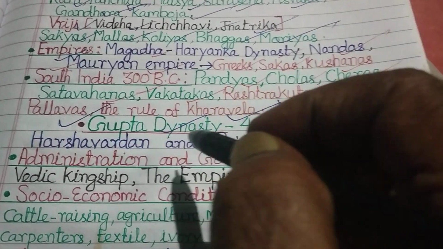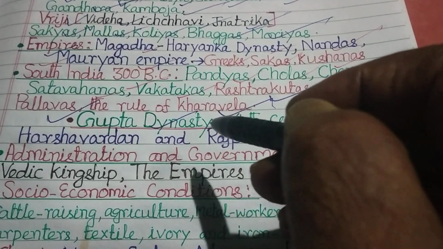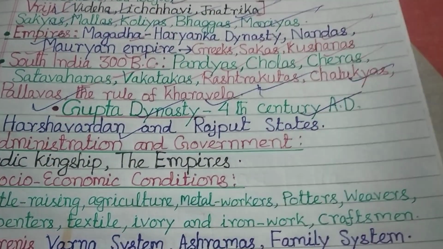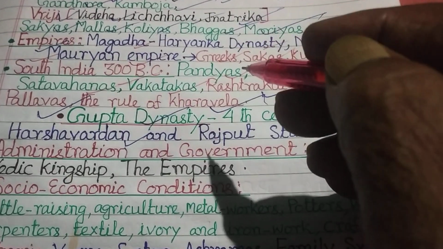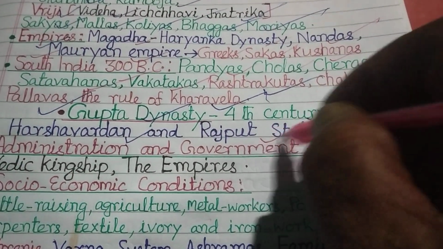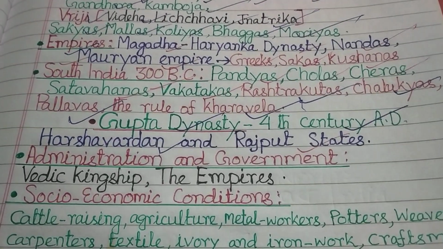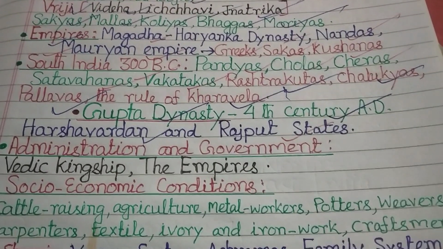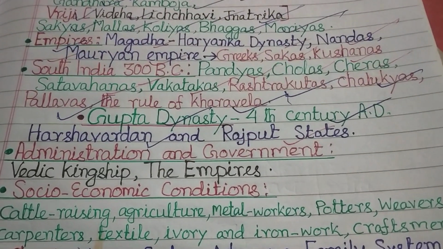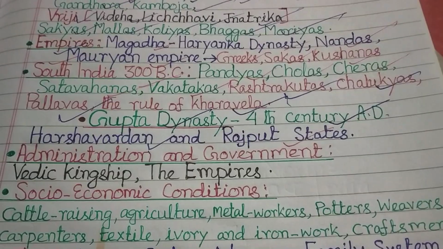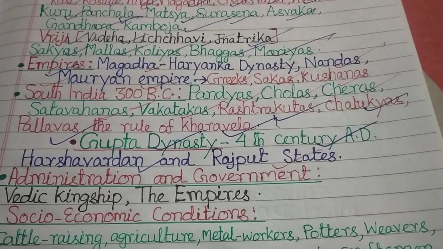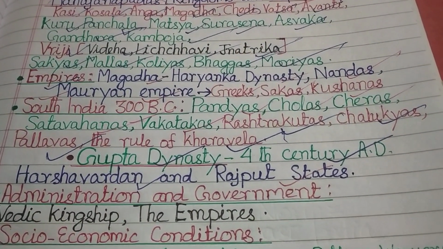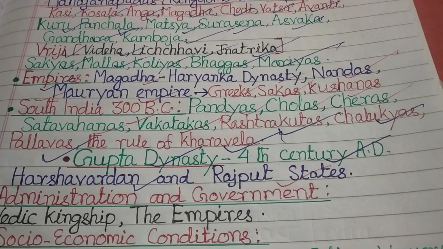So in this lecture, we discussed the developments up to the Gupta dynasty during the 4th century AD, and after the fall of the Gupta dynasty, the rise of Harshavardhana, and after the fall of the Harshavardhana dynasty, the rise of Rajput states and the continuing cultural development and progress made in spite of the change in political scenario, which was continuing since the 6th century BC, since the very beginning and establishment of the Magadha dynasty, and its continuity